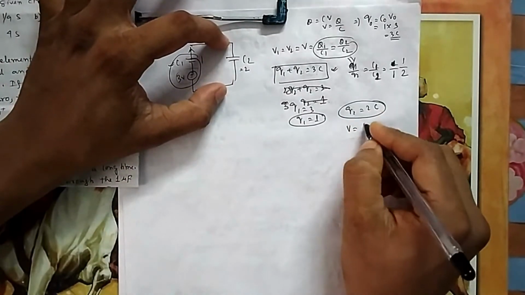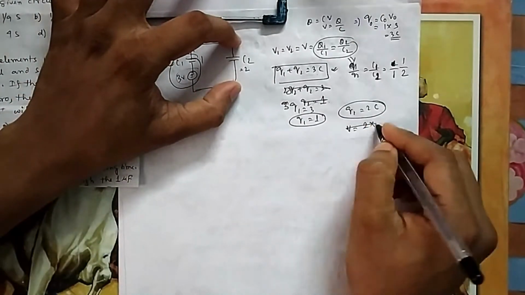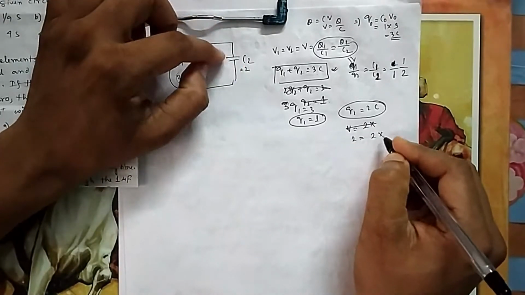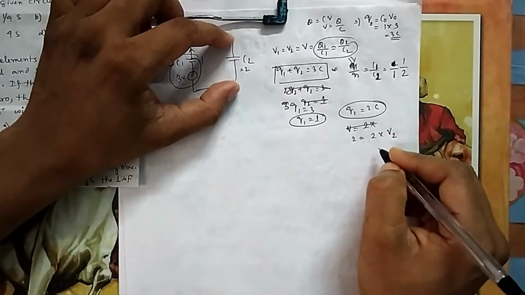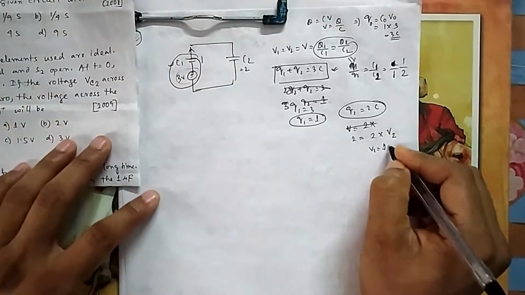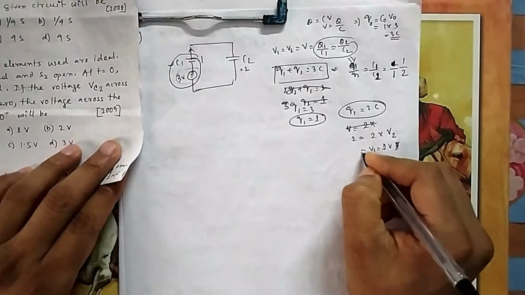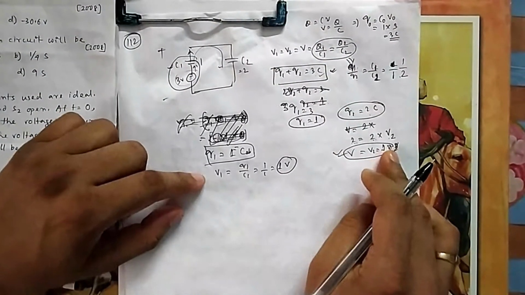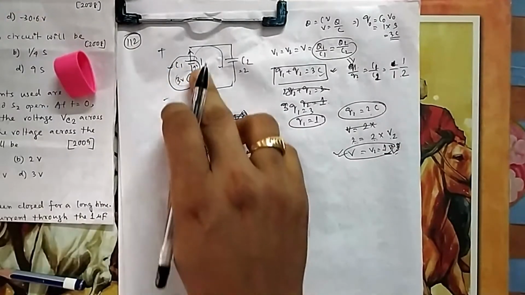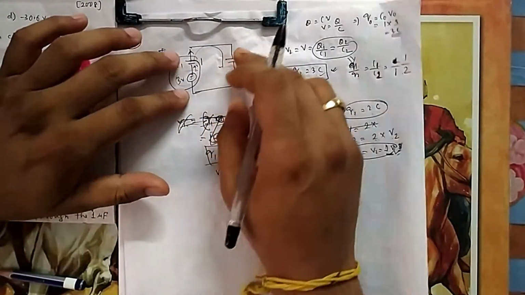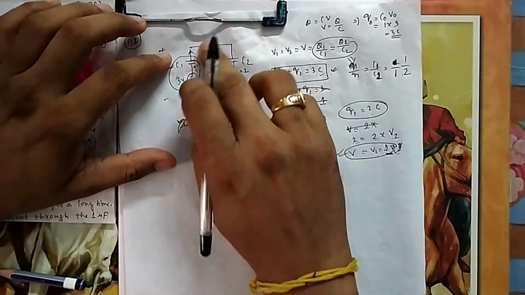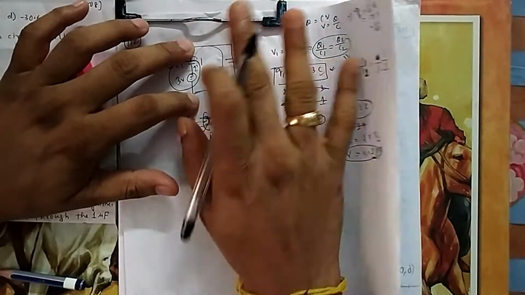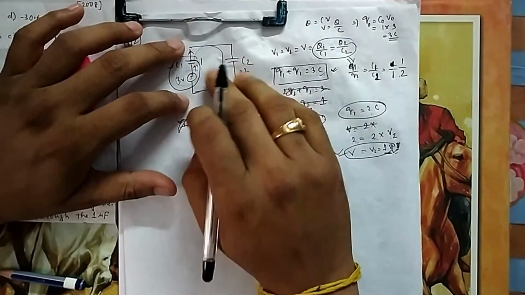So what will be V? This Q is equal to C, which is 2, into this voltage, which is V2. V2 is nothing but my V. So V2 will be equal to 1 volt, which is my voltage across this one. So this is my answer. You can find 1 volt with V1 also. V1, what I told you in LC circuit. Now if you calculate the current, then you calculate this voltage, then this plus this will give you this voltage. Okay, that is done. That is okay for normal calculations.